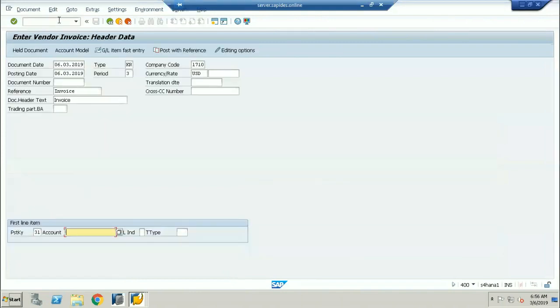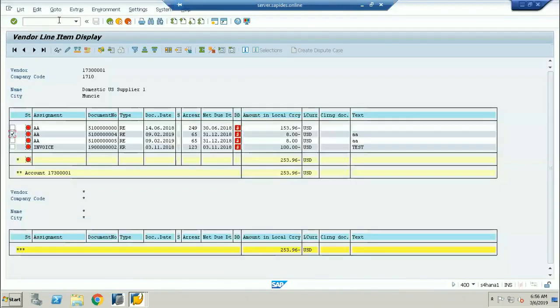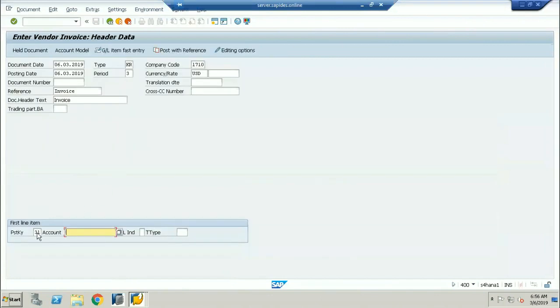Now I'm giving the vendor account number. I'll debit the same vendor now. Sorry, I'm creating for the same vendor, so I'll copy this vendor account number, because 31 is the credit I'm giving. Now I'm pressing enter.